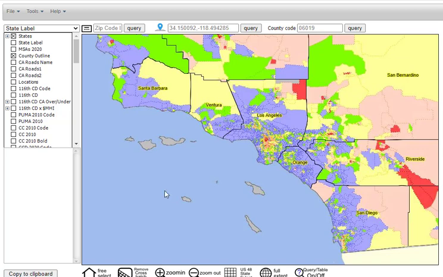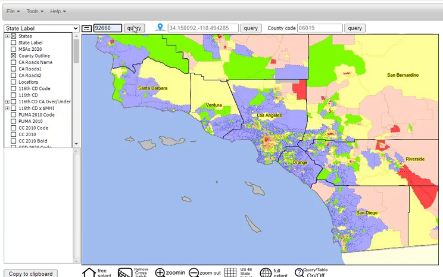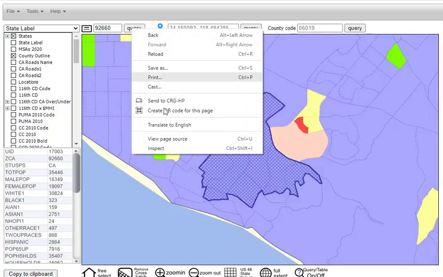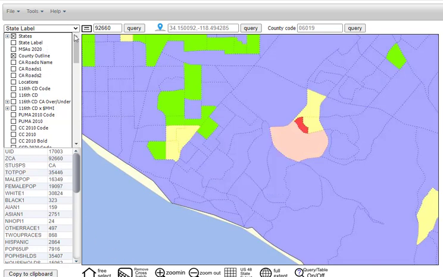So to proceed, we'll do a find for the zip code 92660, to locate a similar area, a congressional community as used in the earlier videos. So this shows that zip code that we just selected in Orange County, California. I'll now click the button to remove the crosshatch and the zip code from the view,